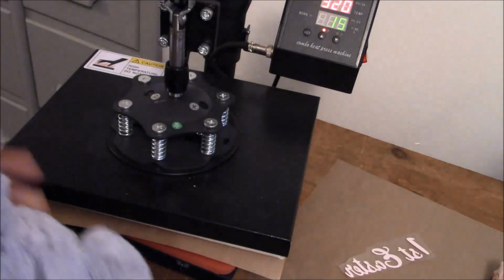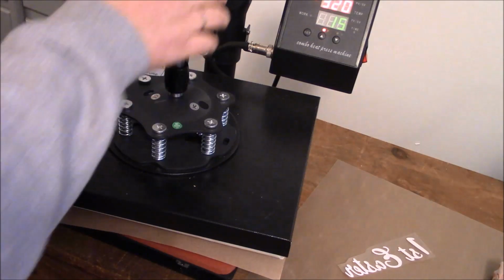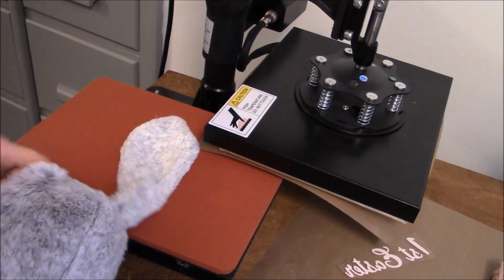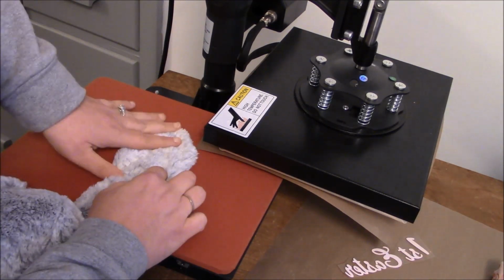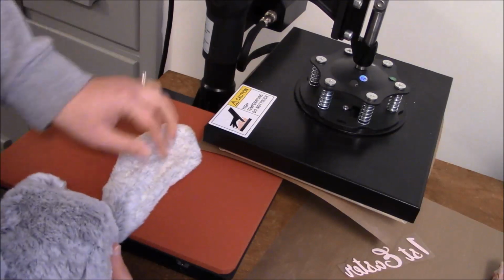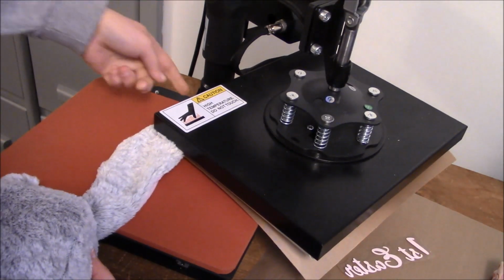So we're ready to press our bunny. Now I'm going to have to preheat his ears a little bit. I do that because that's basically what the glitter HTV suggests, so I will usually warm the ear up. And this seems so cruel. I always feel terrible when I do it to these poor stuffed animals. And they're not the easiest to do, because I've got it against my hip, and then I'm flattening its poor little ear, and then I'm just going to run the